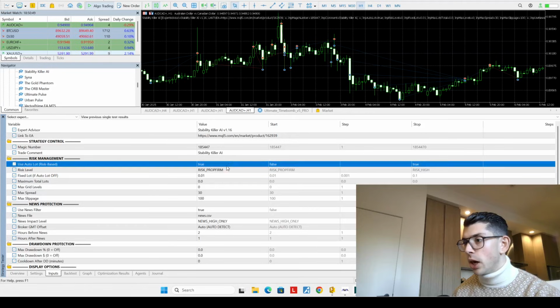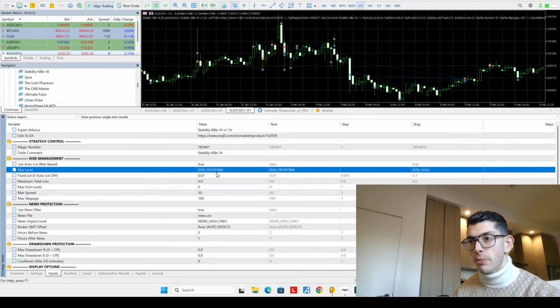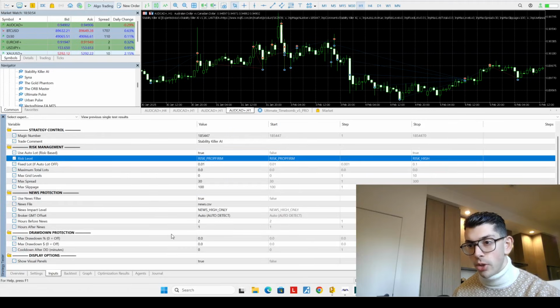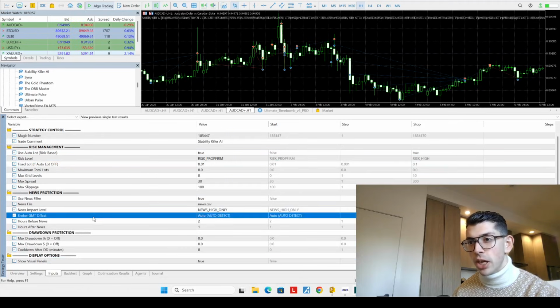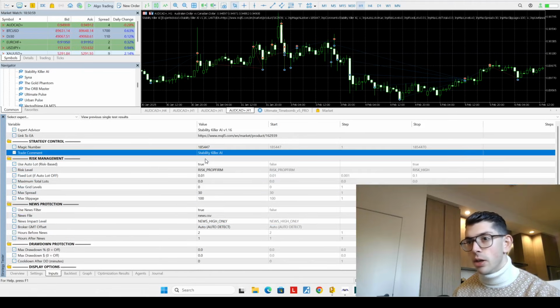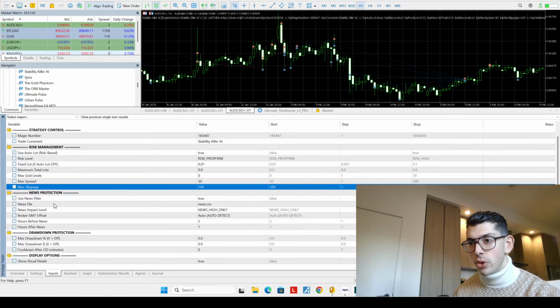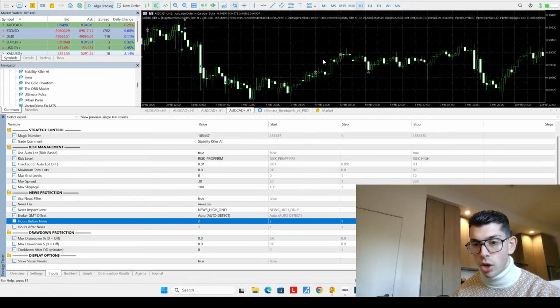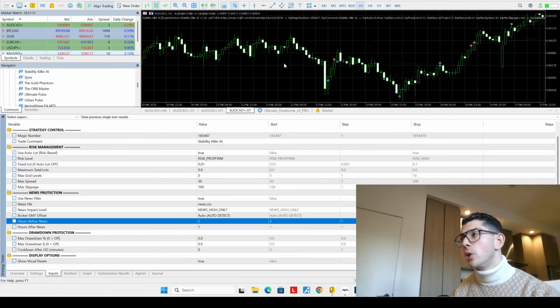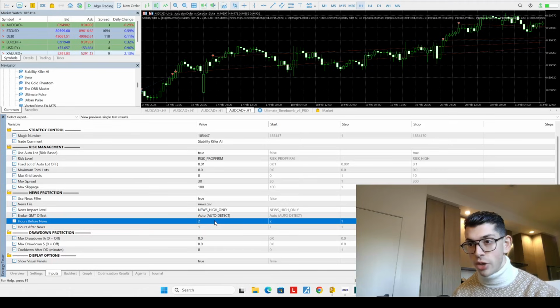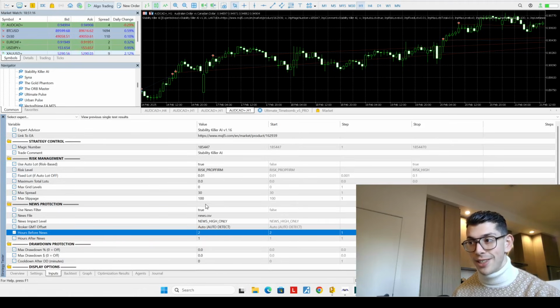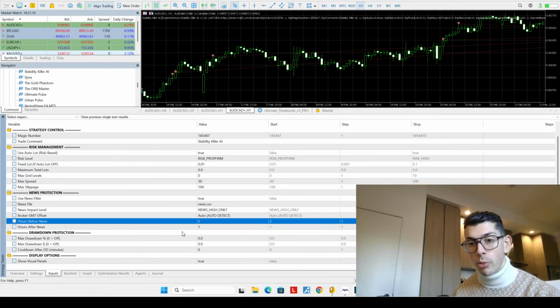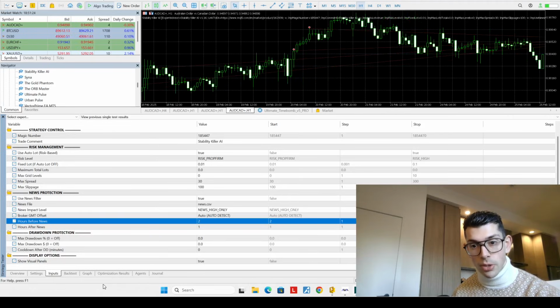I don't think we necessarily have the ability to make it a non-grid system. I could be missing something here, but I'm not seeing it saying no grid, no risk level, maximum grid levels. So at least from my initial glances, it seems like he's not saying you cannot use a grid. So perhaps it's a bit more reliant as part of the strategy, but you might be able to significantly scale down the risk or impact the multiplier, which would then make it lower risk. But from what I can see so far, it is a very well developed EA.